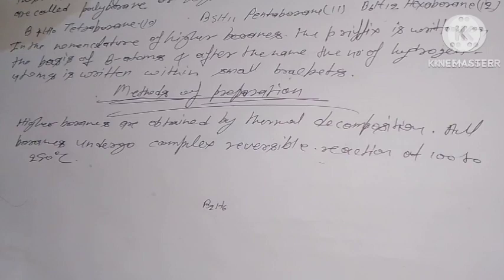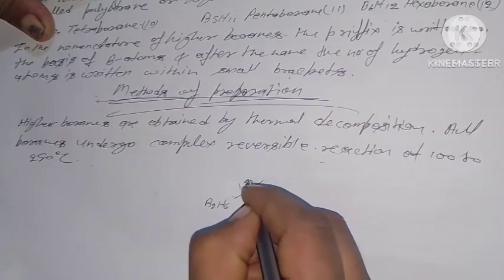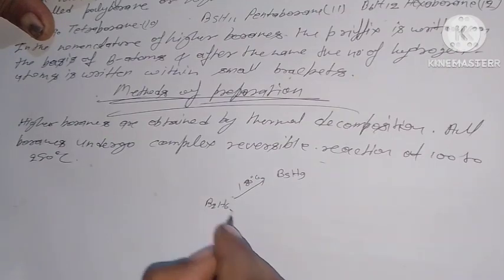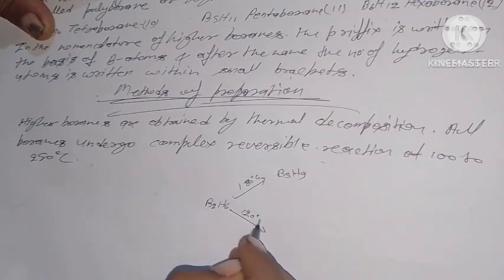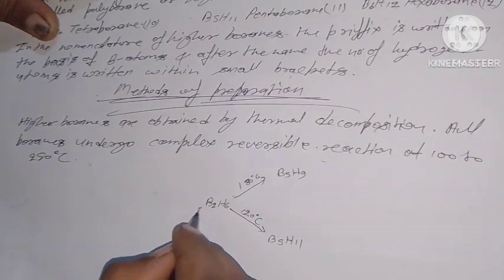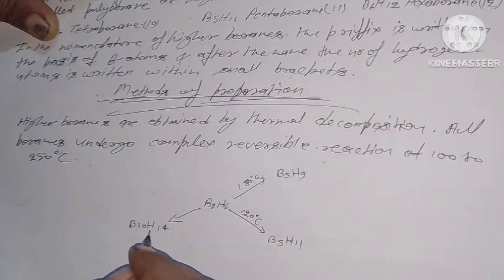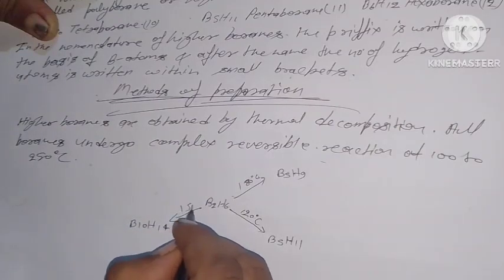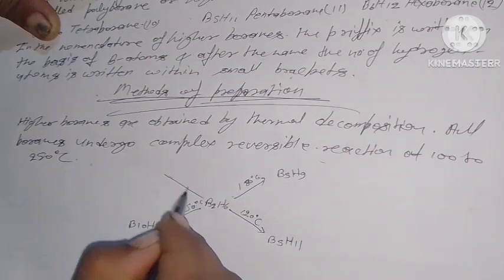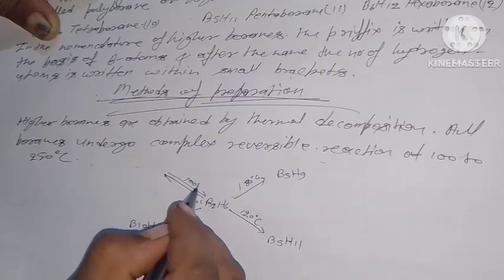The interconversion of boranes: B2H6 at 180 degrees Celsius makes B5H9, and at 120 degrees Celsius B5H11, and B10H14 at 150 degrees Celsius, and this is the inverse reaction. And at 100 degrees Celsius,